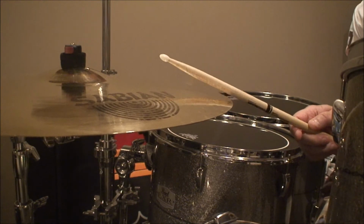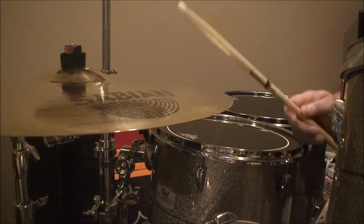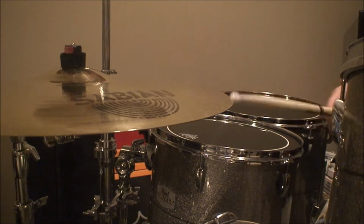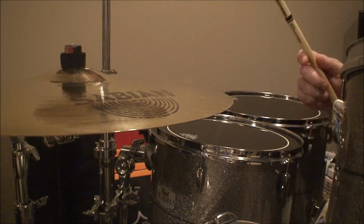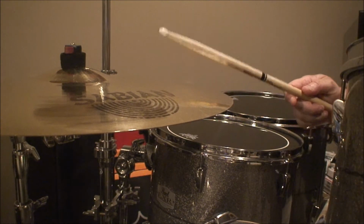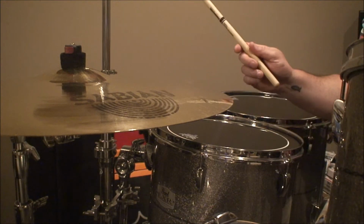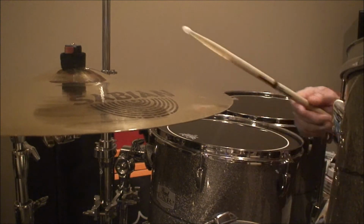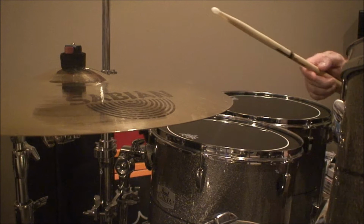As you hit the cymbal, you don't want to hit it straight on and follow completely through with it. What you want to do is glance off the cymbal. So you hit the cymbal at this sort of angle, and you don't go straight through or straight towards the cymbal. You come from the side and you hit the cymbal like this. You glance. So let me show you how that looks